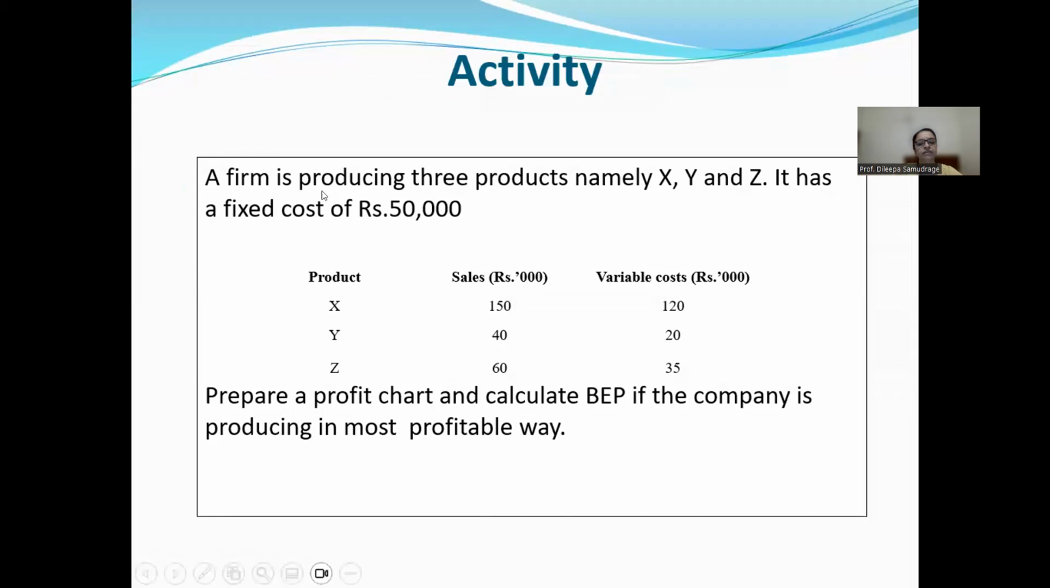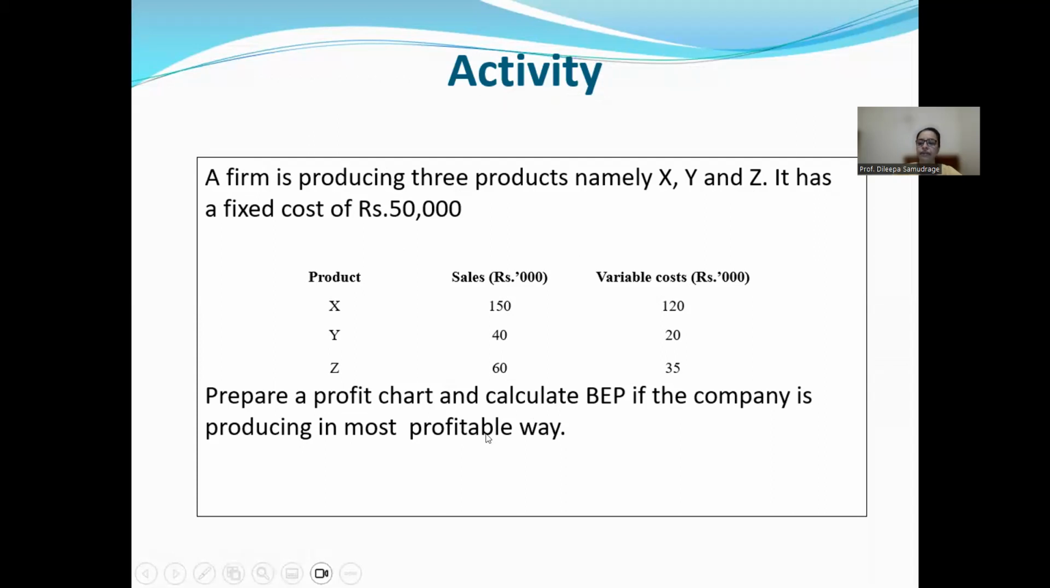It says a firm is producing three products, namely X, Y, Z. It has a fixed cost of 50,000, right? Here you are given sales in thousands of rupees, so that means sales value. Then variable cost is also given in rupee value in thousands. You are producing three products X, Y, Z, and you are asked to prepare a profit chart and calculate the break-even point if the company is producing in